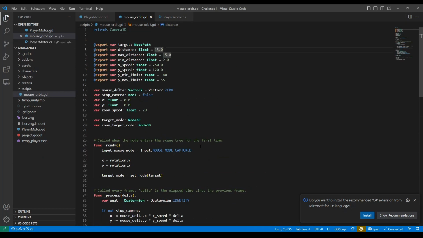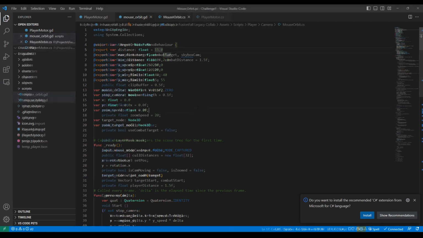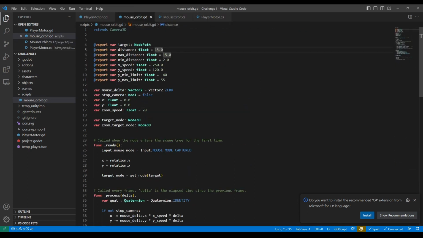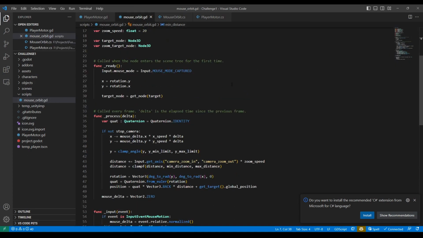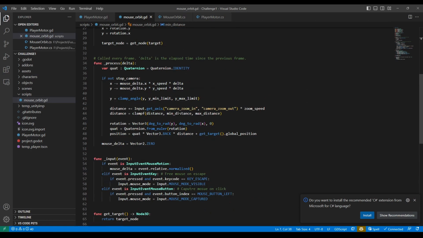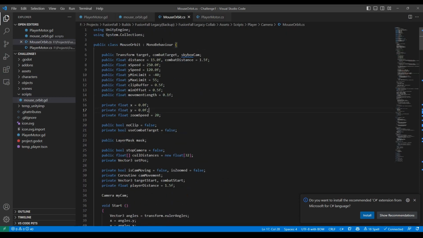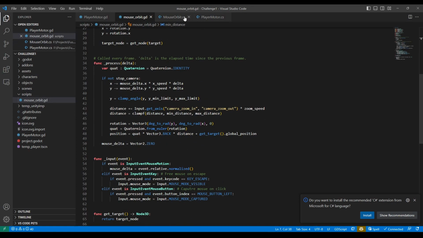And so this comes from the FusionFall mouse orbit script. So give me 1 second and I'll pull that up. Okay, so here is the FusionFall mouse orbit script. It's also huge. I went ahead and grabbed some of the most essential parts and just made it into Godot. I don't know if this is the greatest mouse orbit script. It's one I personally just copied off the internet years ago when I made this. So who knows where this comes from, and who knows if this is good,